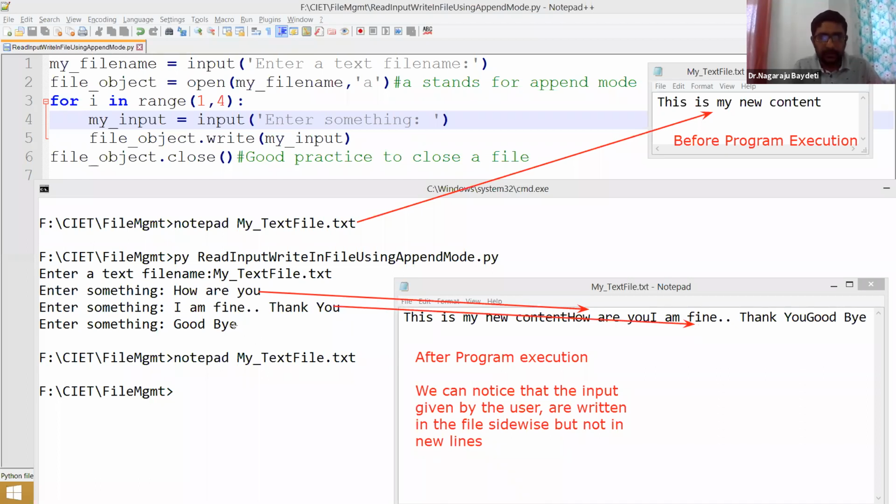And even goodbye is also written by keeping the previous content intact. This is my new content, and then the input, whatever I have entered, is also written.